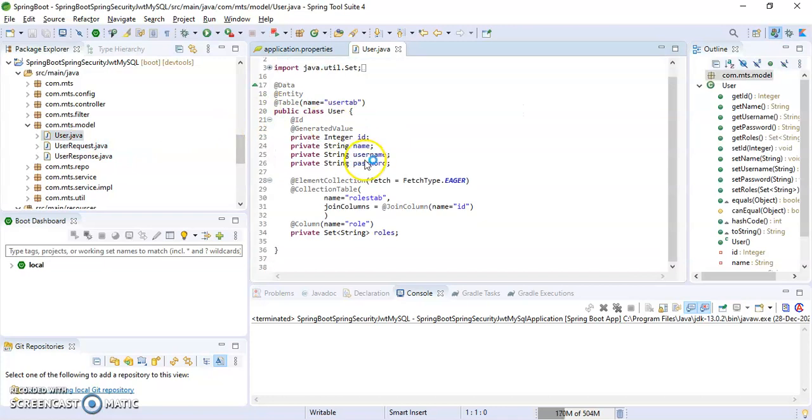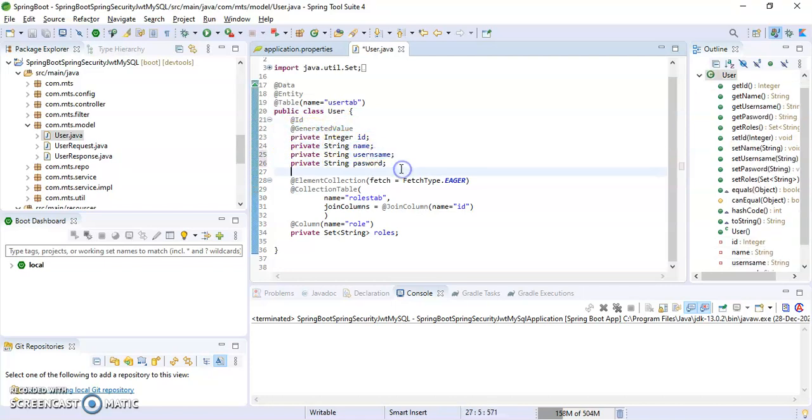After that, you have to define a model class, an entity class, which I have declared as User, and I have given some variables like name, username, password, like this. You can give anything.